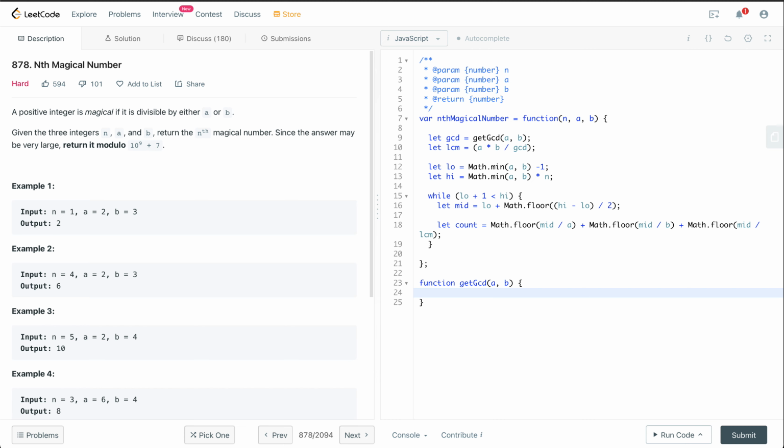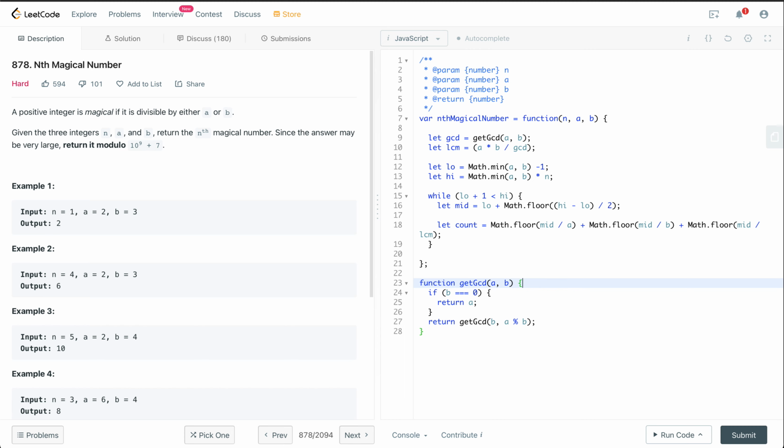The algorithm says if B, the second value, is equal to 0, then our answer is A. But if B is not 0, then we make a recursive call back to GCD and return that, and now the parameters are going to be B, comma A modulus B. How to find out GCD and why this formula actually works is out of scope of this particular question.